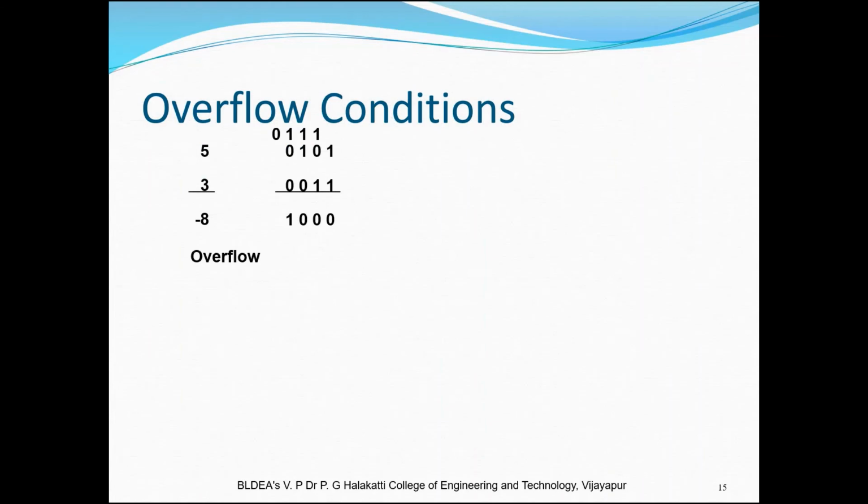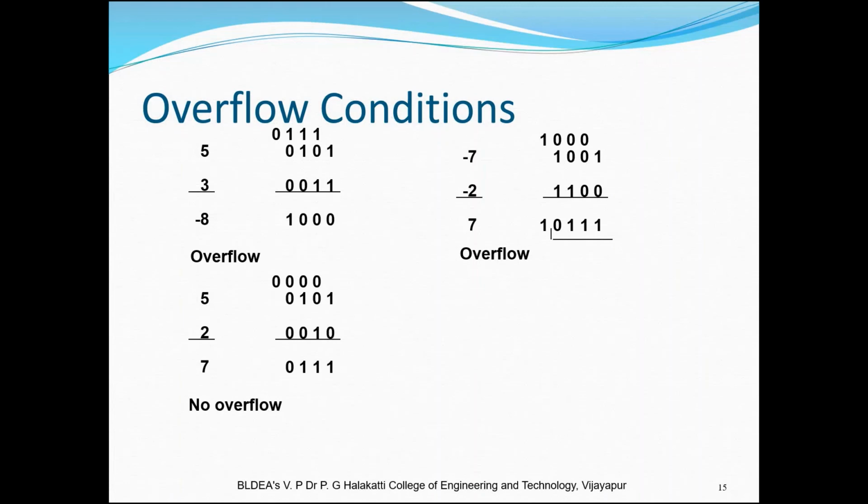Now you can see here, this is the same example. Try to write it in binary representation and show you. So in both the cases, overflow has occurred. Now same way, if you see here, 5 plus 2 I am performing, the answer is 7. The answer is plus 7. So plus plus, both the symbols are positive, the answer is also positive. So if after performing addition, the answer is also the same sign, then we say no overflow has occurred.